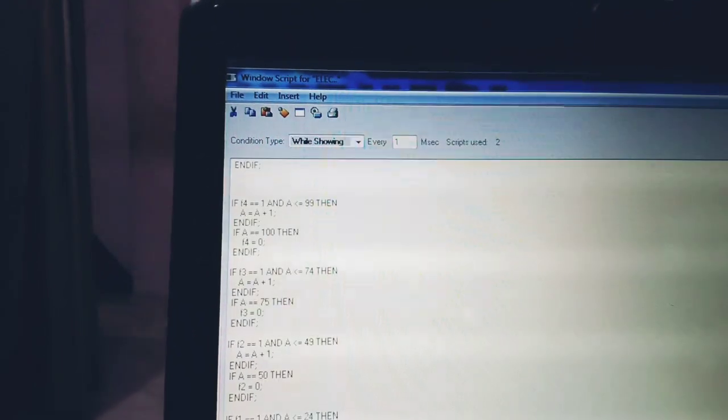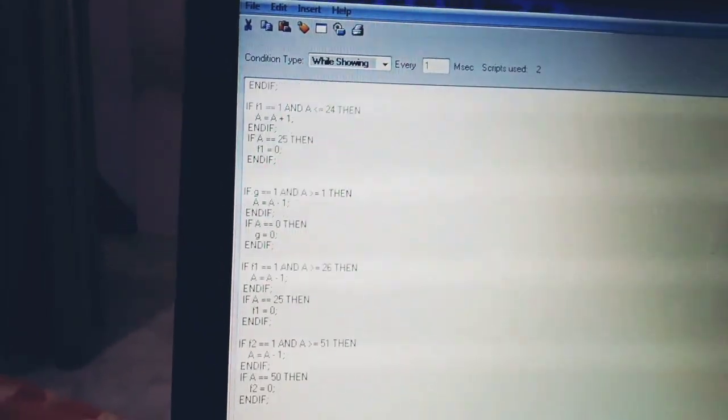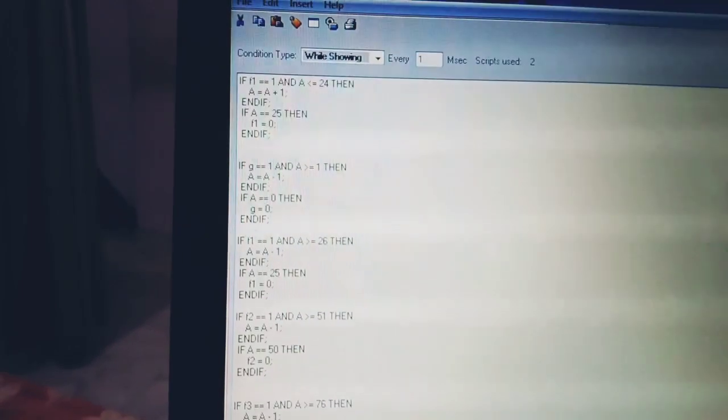And when t is greater than or equal to 100, then tf is equal to 0, and te is the empty toggle switch, and tf is the tank full toggle switch. Okay, and everything from here below is the elevator program I have made. You can see that this is the elevator program, and the complete program looks just like this.